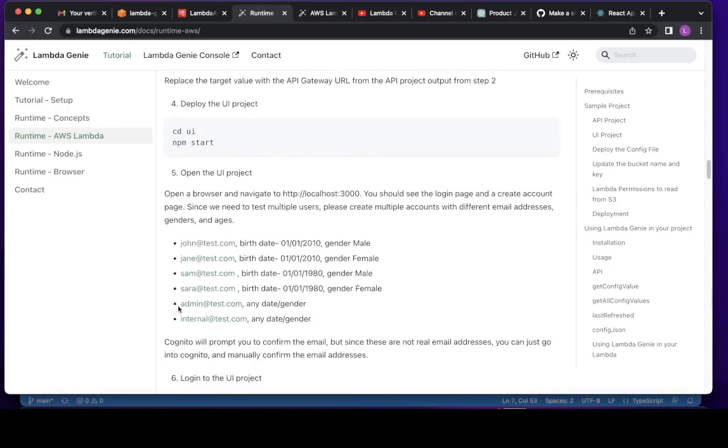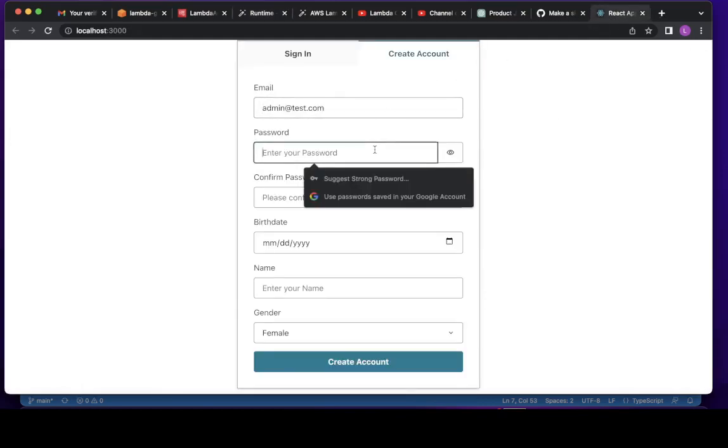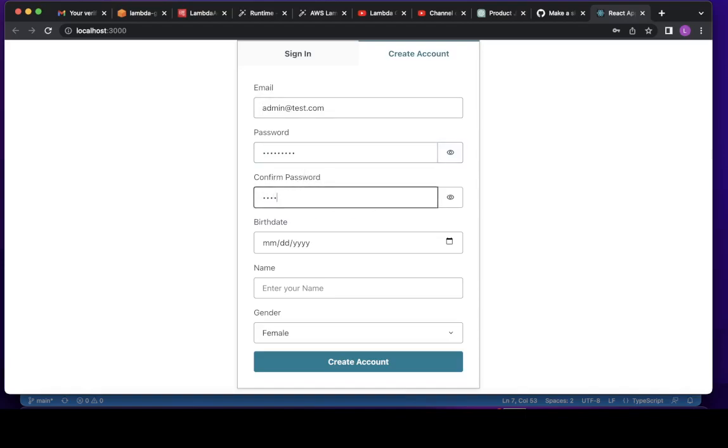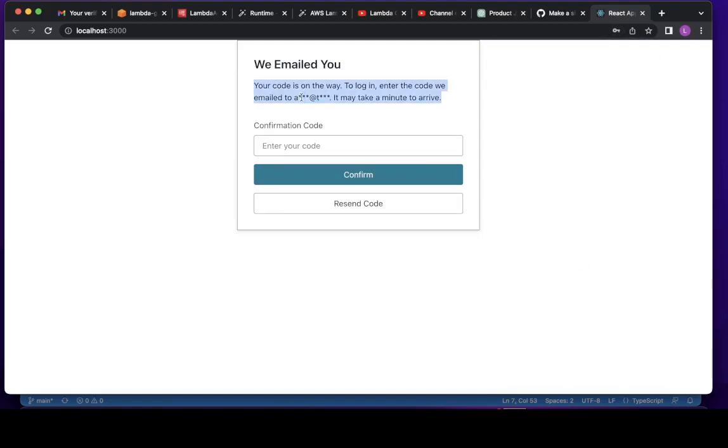And what we're saying now is to create some users. So let's first create the admin user. Admin at test.com, put in a password. Give it an age, doesn't matter. Let's click on create account. Obviously now this is not a valid email, so you're not going to be able to validate it, but